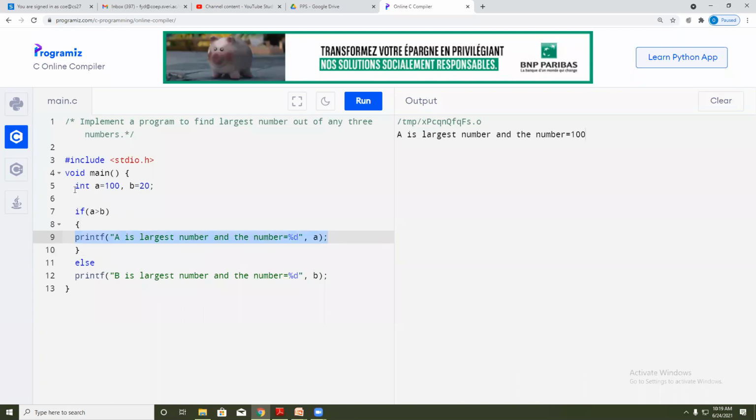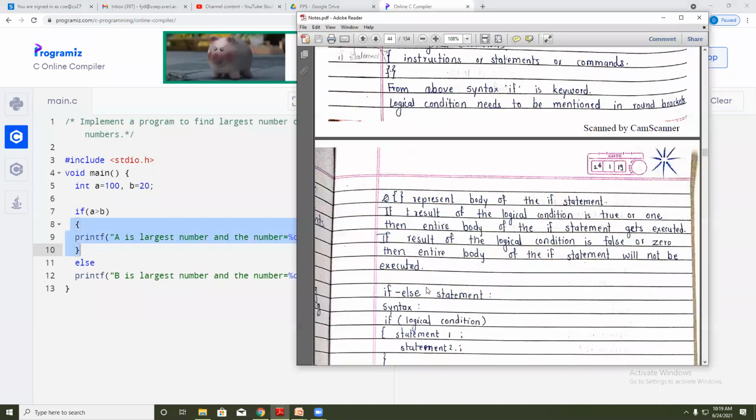If this is false, then your pointer will move to the next else by skipping the body of this if, as the condition is false. If the result of the logical condition is false or 0, then the entire body of the if statement will not be executed.